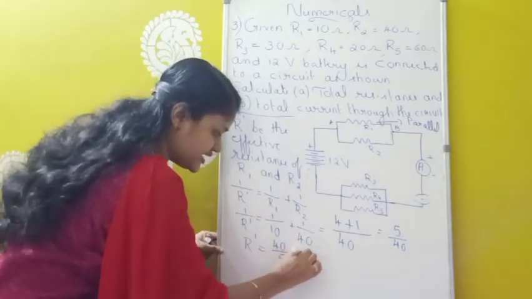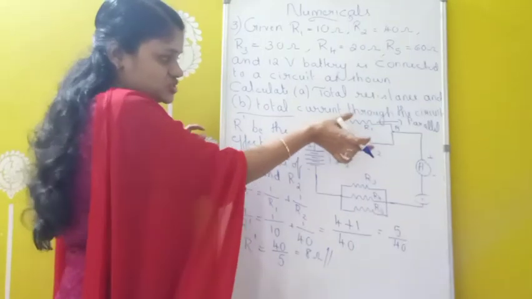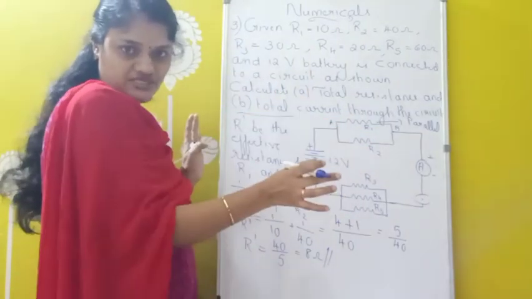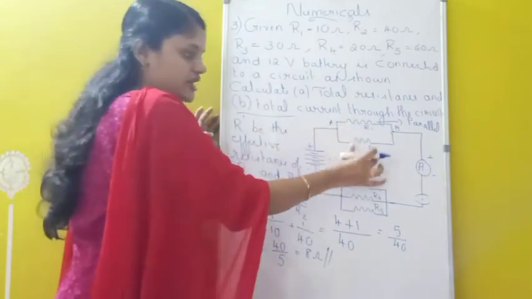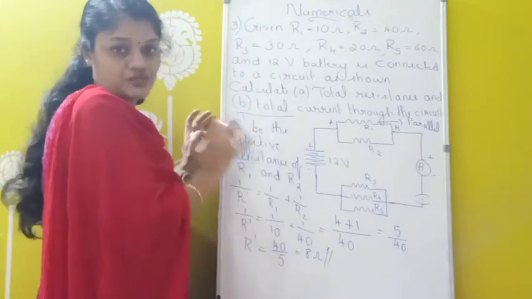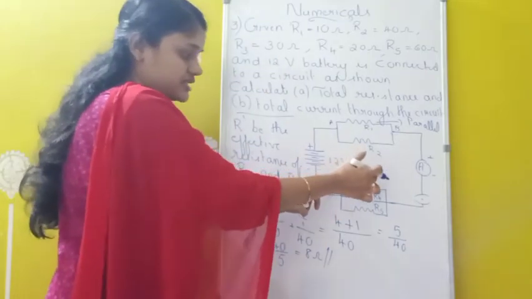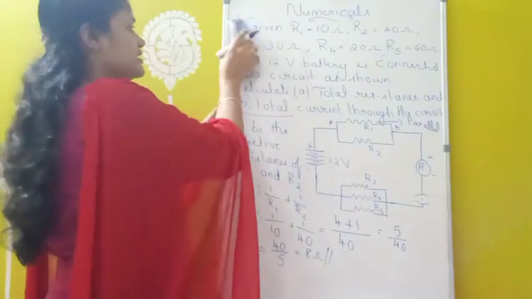That means how much? 8. So this 8 ohm is the effective resistance of which all things? This R1 and R2. So we didn't find out the total effective resistance. Now we found out only the effective resistance of R1 and R2. What is that value? 8 ohm. Now again we have to find the effective resistance of R3, R4 and R5. So next step, next one we are finding